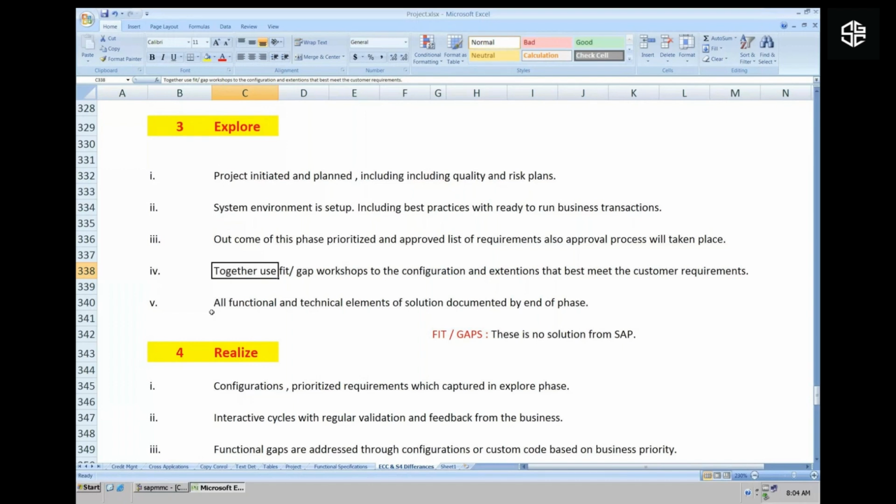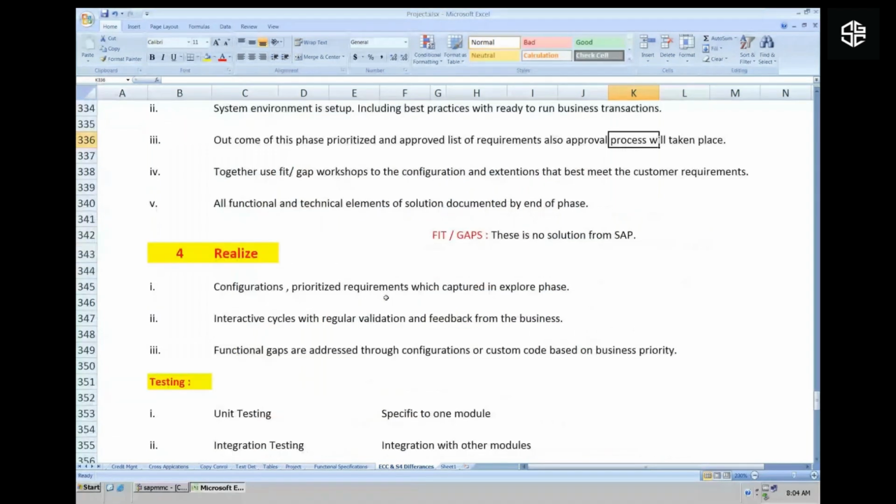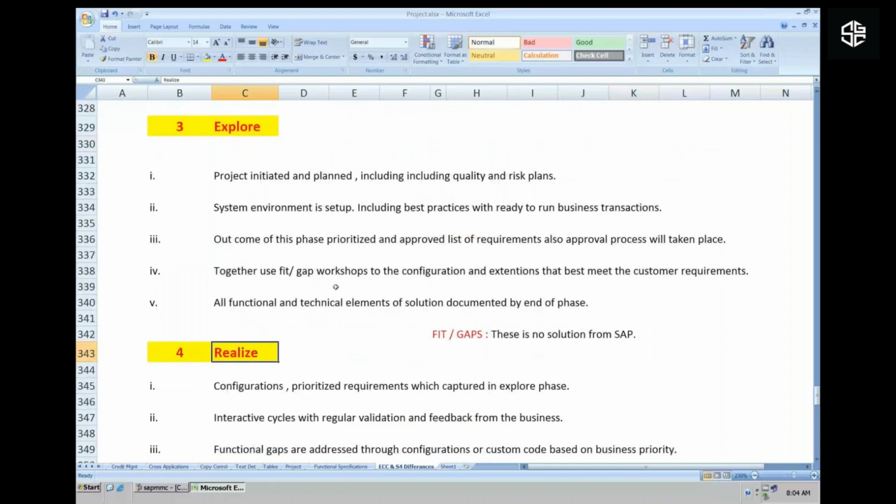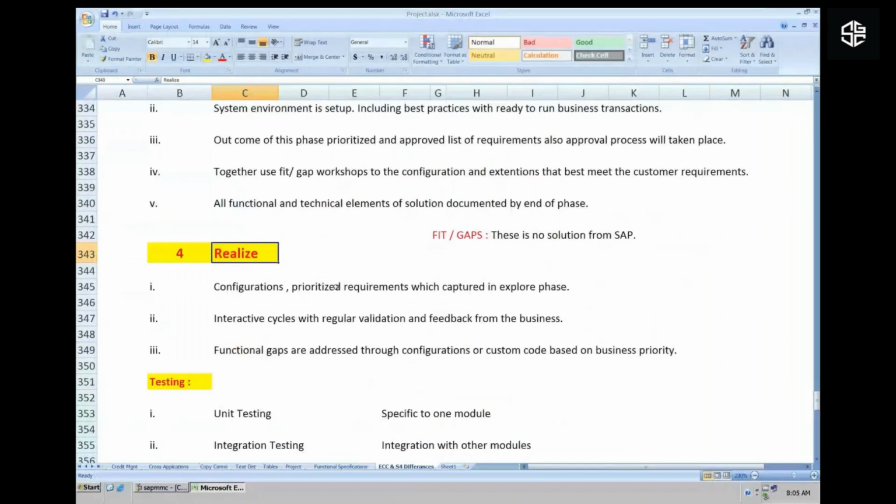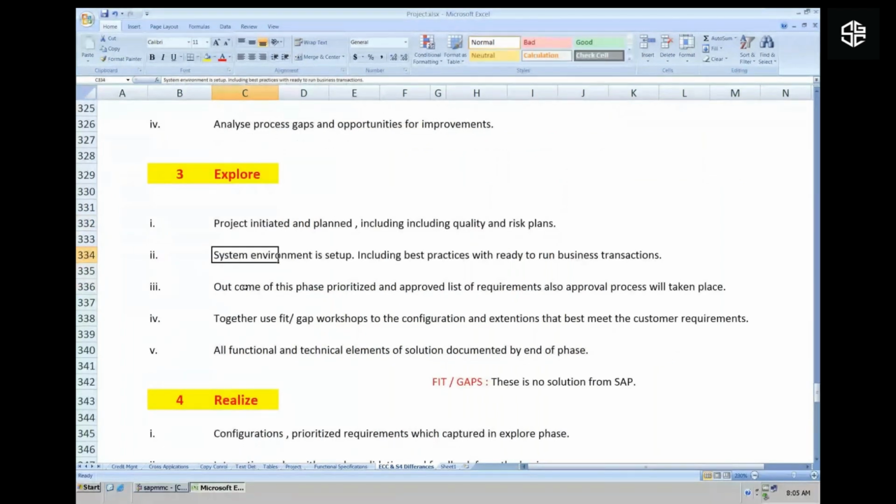And post completion of all the configurations, and they sort out all the business transactions, the functional and technical documents have been prepared in this phase, and they'll move to the next phase, realize, after explore. Then they go for configurations, like baseline configurations and final configurations, which is captured in the explore phase. They explored the possibilities,